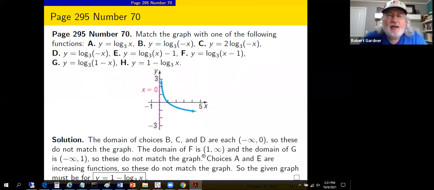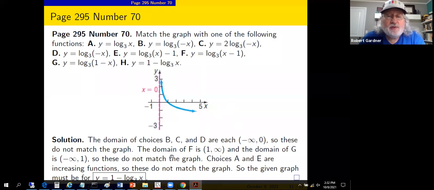The domain of f is 1 to infinity, as we just saw. This graph is defined for x equal to 1 and less than 1. So that can't be the answer. Wrong domain. G had the domain of negative infinity to 1, as we argued previously. 1 minus x would have to be positive, implying x has to be in this interval, and the function's not drawn on that interval. Small piece of it, but not for the negative values. So that leaves us just with choices A and E, having eliminated